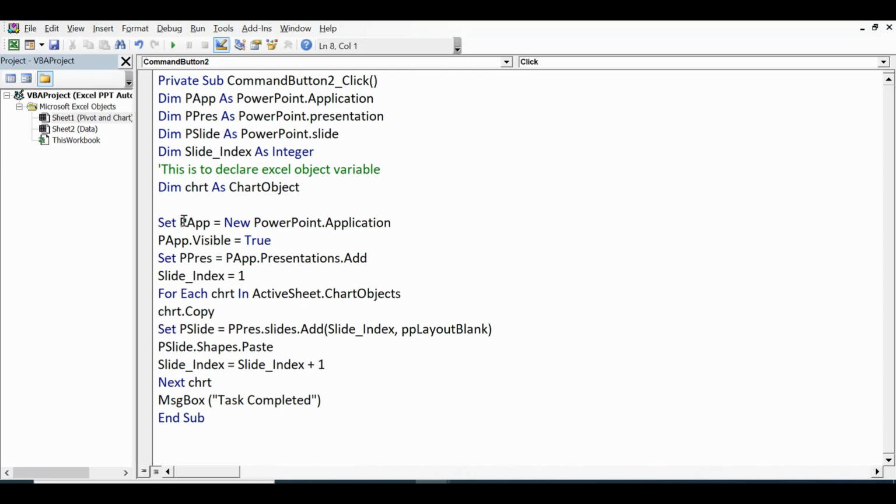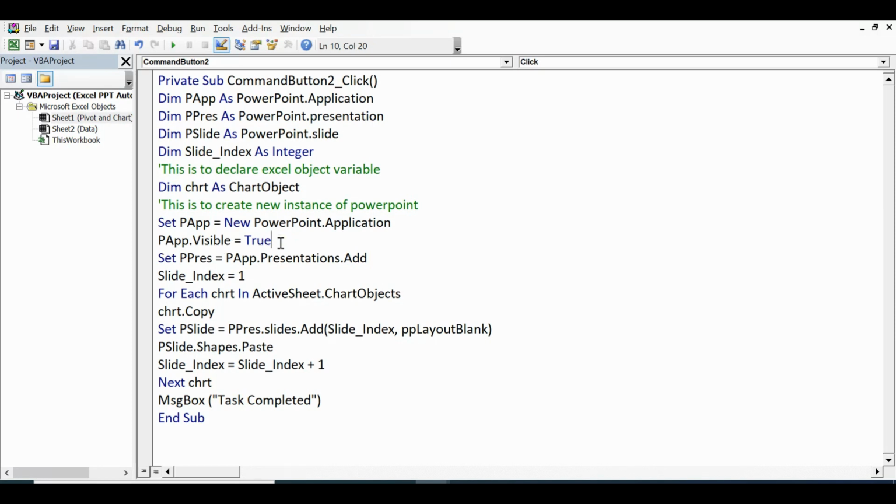And then set p app equal to new PowerPoint.Application. So this is to create a new instance of PowerPoint. So let me write it here as a comment. This is to create a new instance of PowerPoint. And then p app.Visible equal to True.